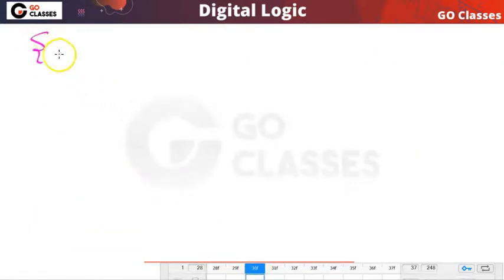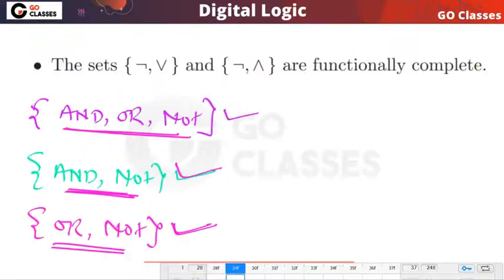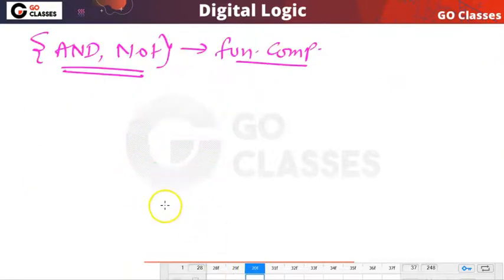First, we will prove that this set, AND comma NOT, is functionally complete. We have already seen that AND comma OR comma NOT is functionally complete. Now, if we prove that we can implement this using AND comma NOT, then we can say that AND comma NOT is functionally complete.